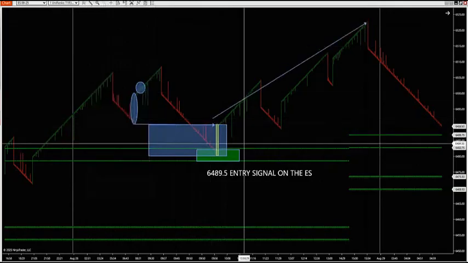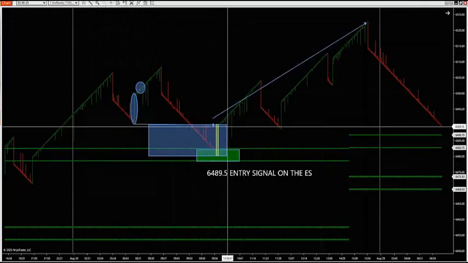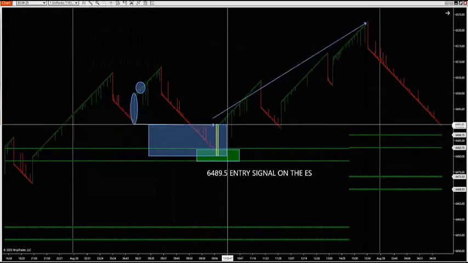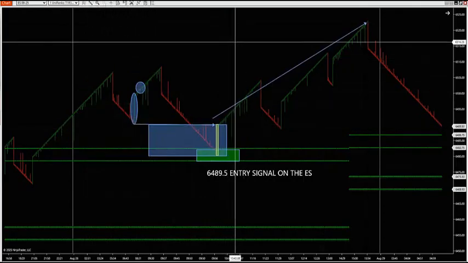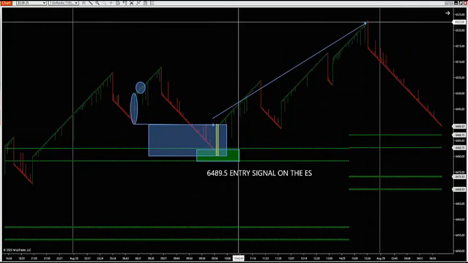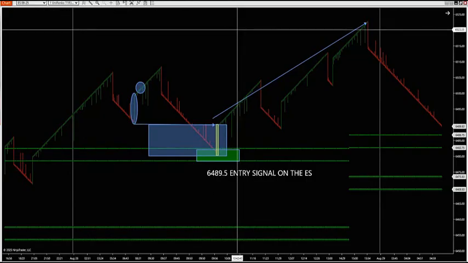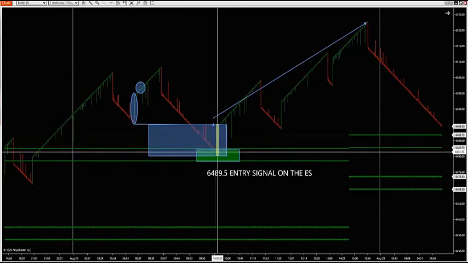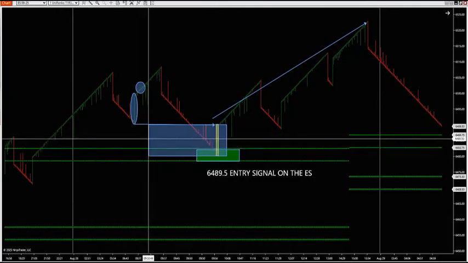The market rallied hard. So the entry was at 64.90 plus or minus a few ticks depending on slippage. And the high was 65.23 or 65.22 and 3/4. So we're talking about a 32-point move on the S&P from a buy zone that was projected an hour and a half before it even happened. But that's how they do it.